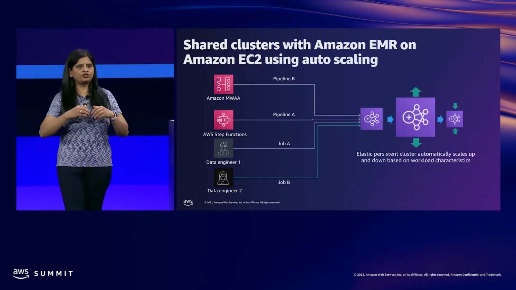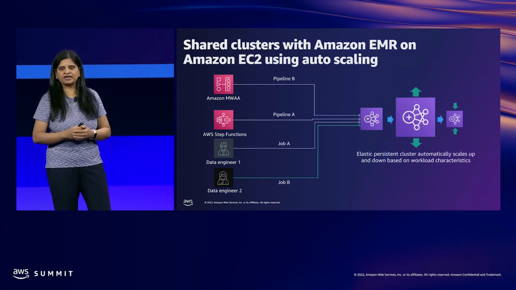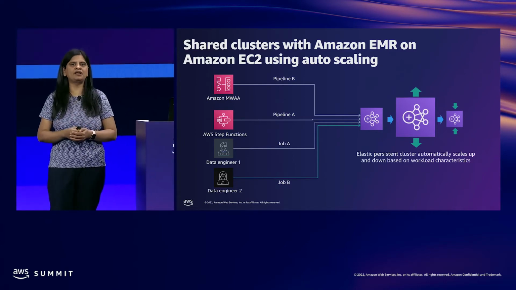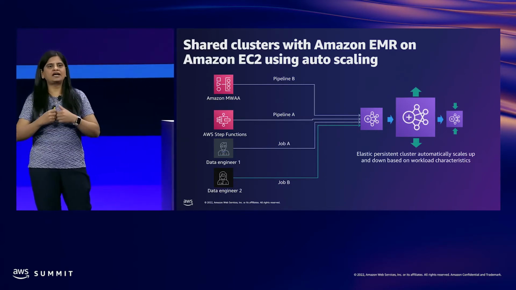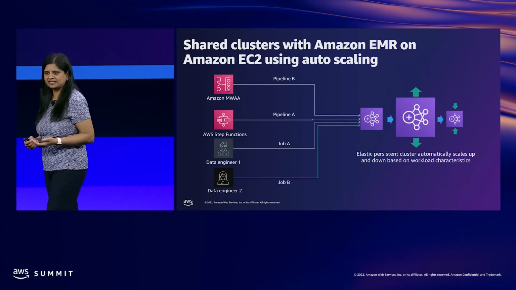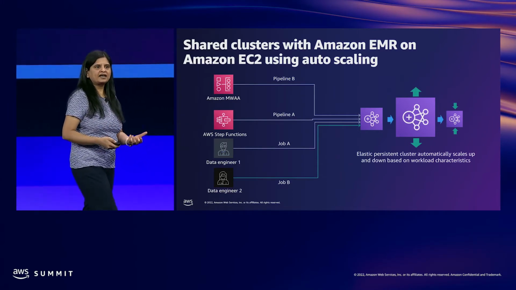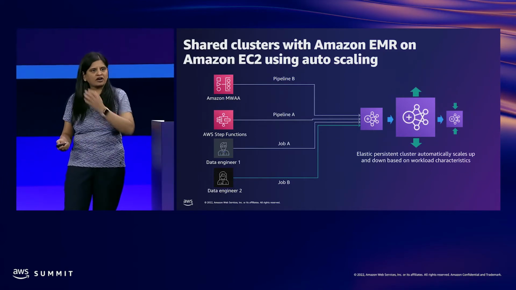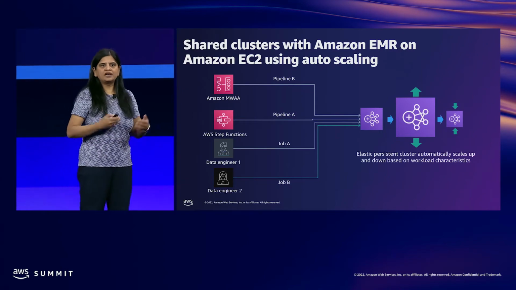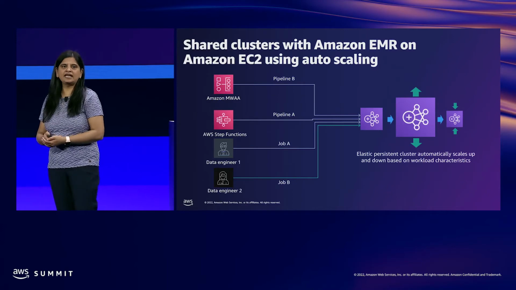Now, when you move to EMR on EC2, that problem became significantly simpler because now you could run an EMR on EC2 cluster with auto-scaling enabled. You define the business rules and you let the cluster expand and shrink based on your workload characteristics. And we have further simplified that with managed scaling, where the cluster expands and shrinks automatically without you specifying any business rules. We automatically look at some of the metrics for Spark and Hive applications, and we scale the cluster